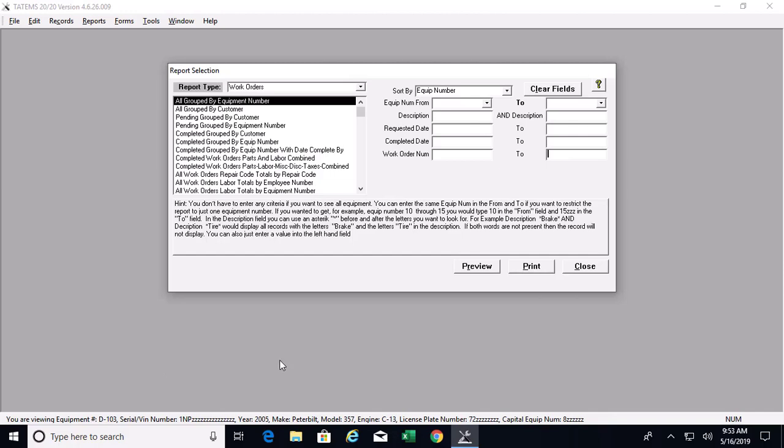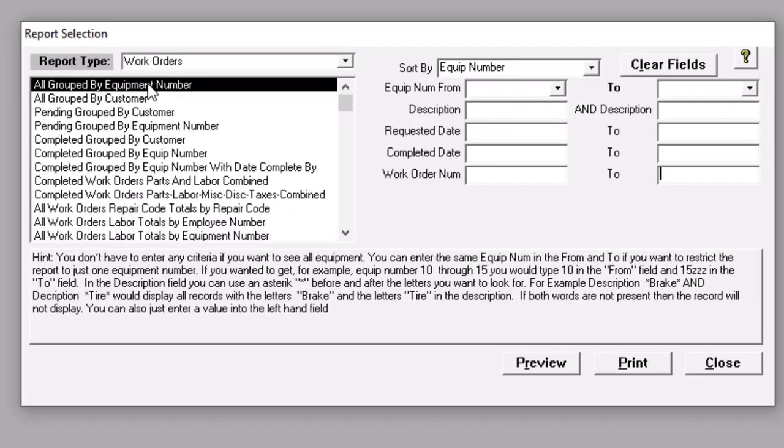Hi, Mark Reedy here. In this video, I'm going to go over the work orders report called All grouped by equipment number. That means all work orders, whether closed or pending, and it's going to group them by equipment number. The way to get here is to go to reports, and then more reports,